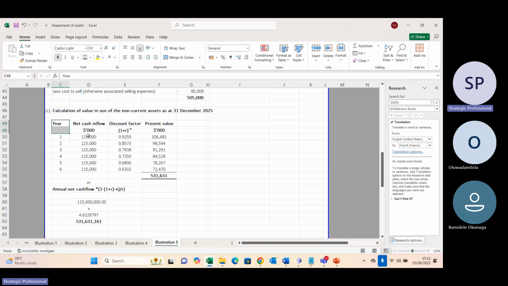So what do I mean by if the cash flow is constant? It means what we have now. But if the cash flow is not constant, it means in year one, let's say it's 100, in year two it's 80, in year three it's 60, in year four it's 70. You can't use this second method here. Okay, are we clear? Yes, sir. So let's bear that in mind.